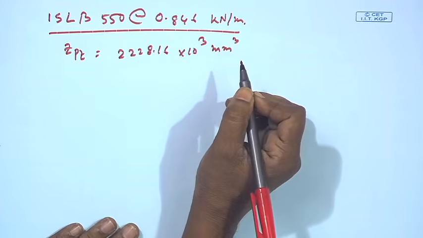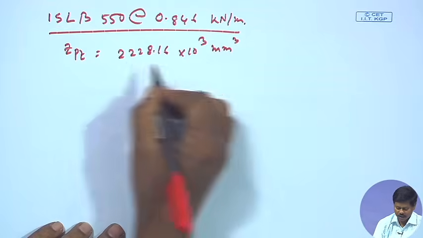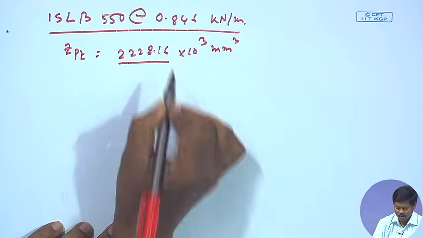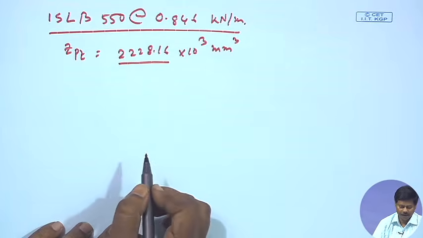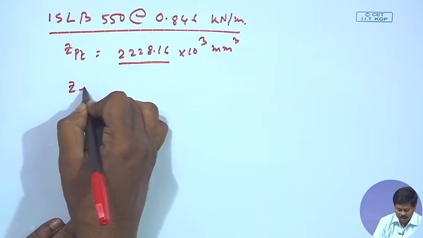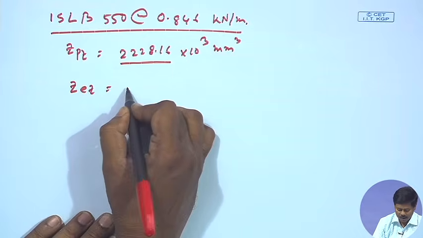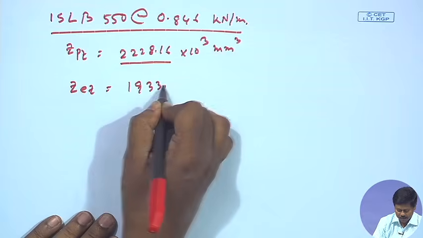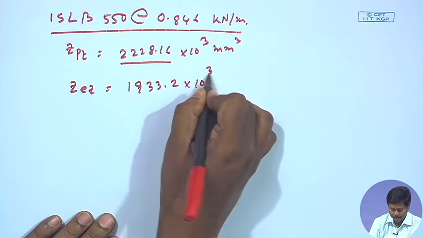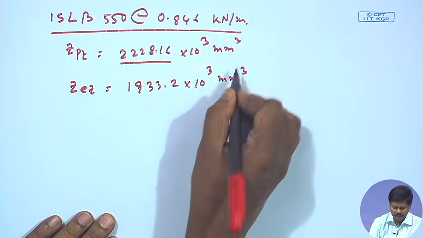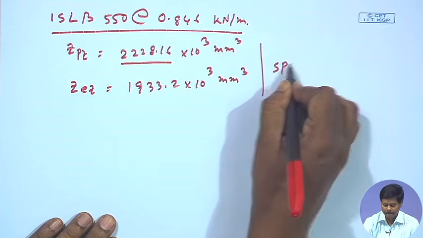We need 2006 and we are providing 2228, right, and Zez here will be 1933.2 into 10 to the power 3. So, these values are obtained from SP6,